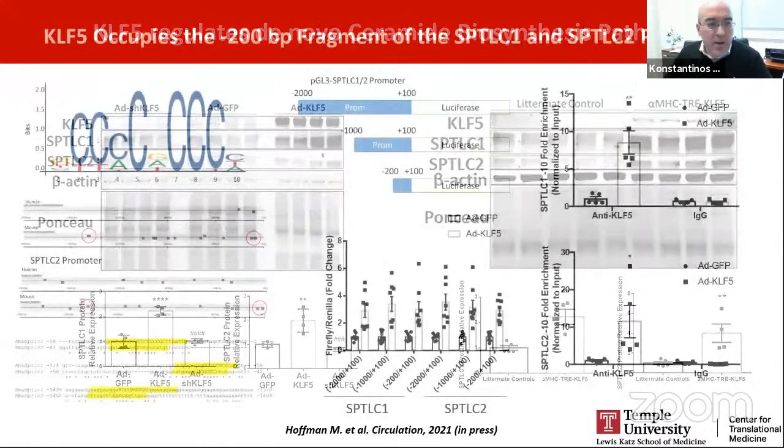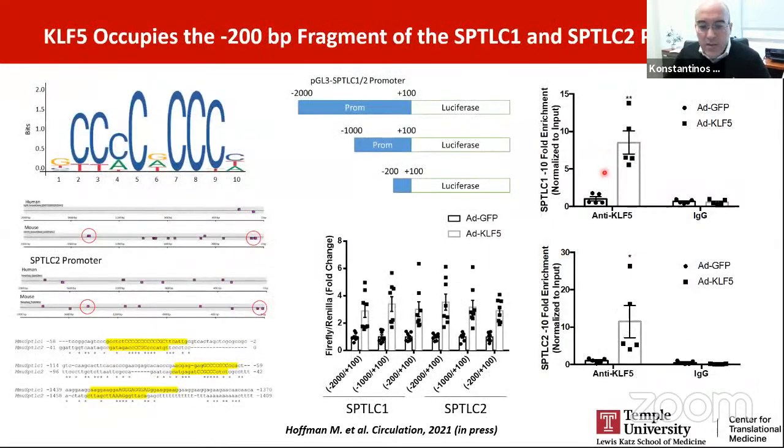We did a number of experiments. We confirmed that KLF5 stimulates activation of both SPTLC1 and SPTLC2 promoters. The promoters of these genes share about 50% homology, although they are two different genes. And we confirmed again that KLF5 can bind on the promoters of SPTLC1 and SPTLC2. So to assess whether ceramide